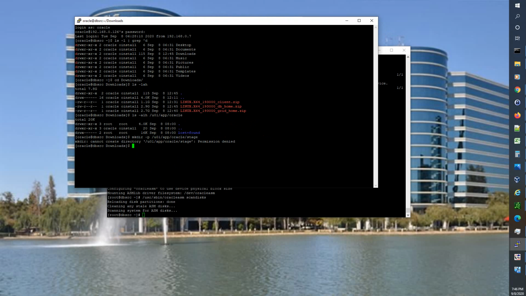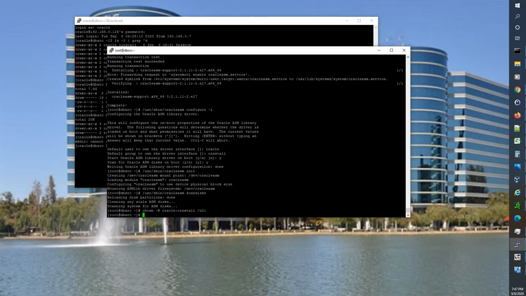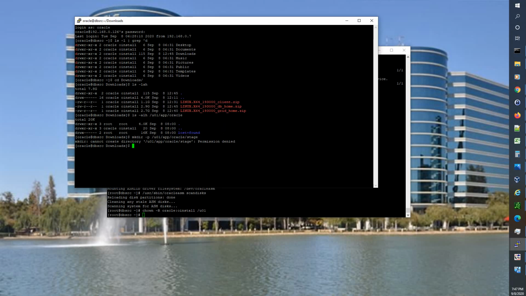So let's go ahead and resolve that now. chown -R oracle:oinstall /u01, and now let's try that again, and no errors. So now we are going to cp *.zip,